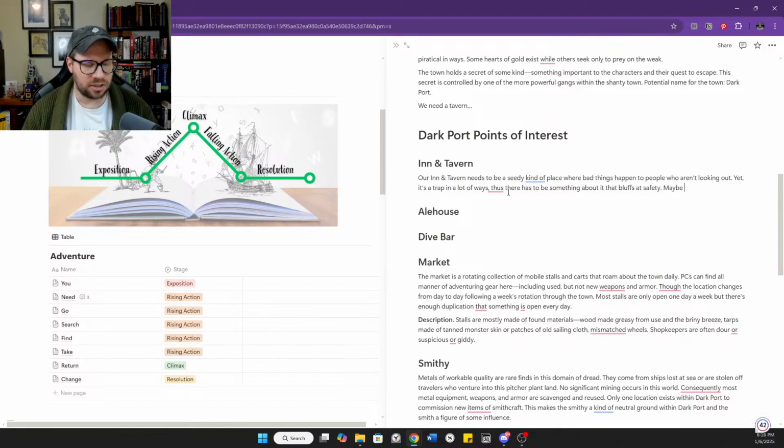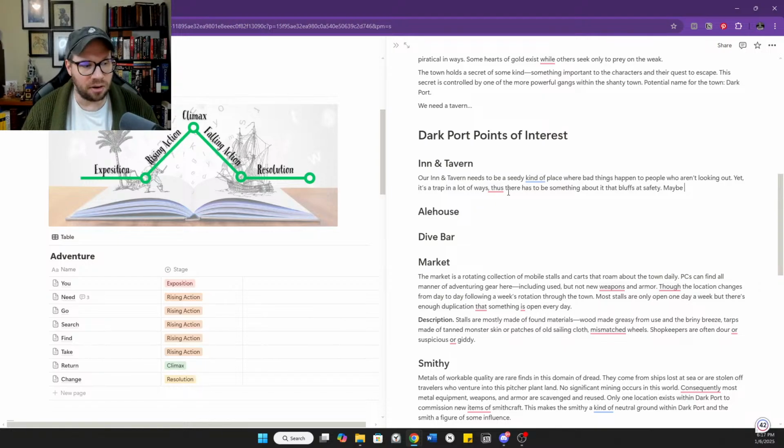Does this work? Quinn says a beautiful forest. Oh, you mean as a place that might seem inviting, but is actually dangerous? Yeah, absolutely. And that might be something we work into a different place in this adventure.